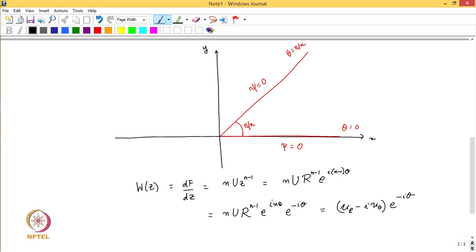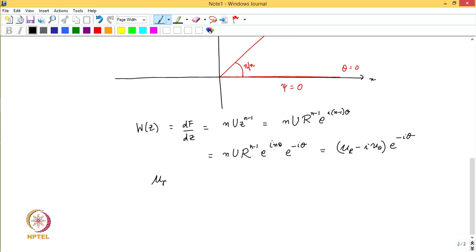We will write u r is going to be n u r^(n-1) times cosine n theta, because e to the power i n theta, as I wrote earlier, would be cosine n theta plus i sine n theta, and similarly u theta would be minus n u r^(n-1) sine